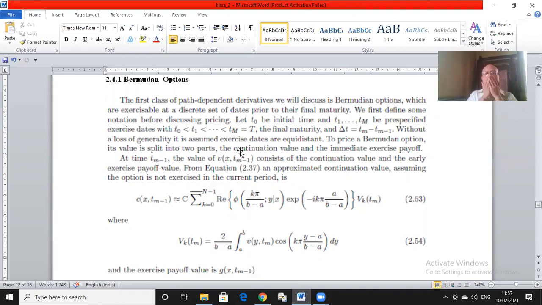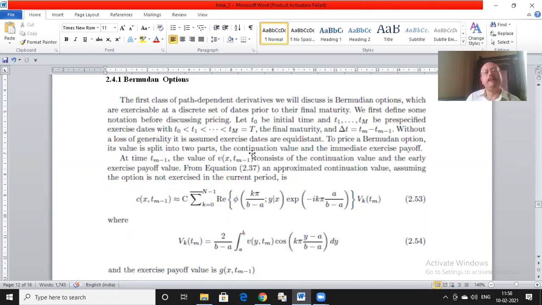Now, how does this optimization or decision-making problem work? I'm trying to give you an informal introduction to the backward induction method or dynamic optimization. But of course, I will be omitting a lot of technical details. Instead, we will focus on the example at hand, which is specifically Bermudan option pricing, and try to give you the intuition behind the approach.